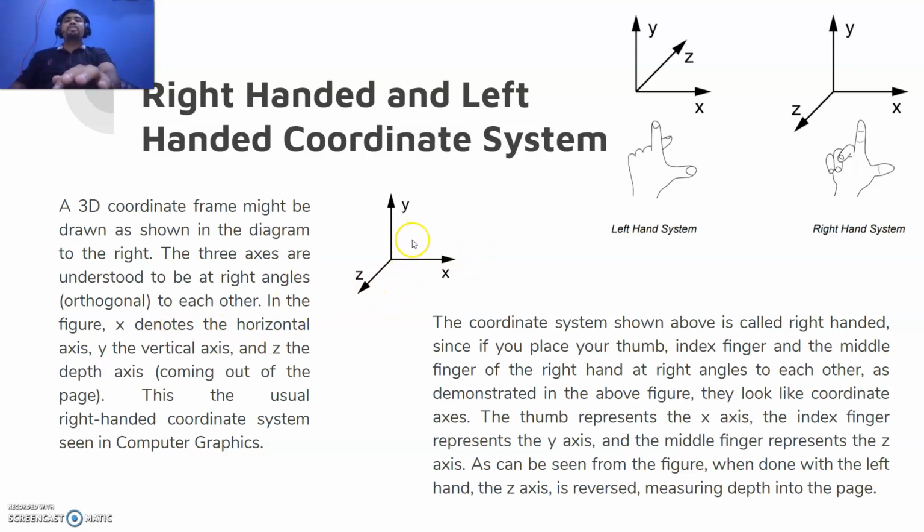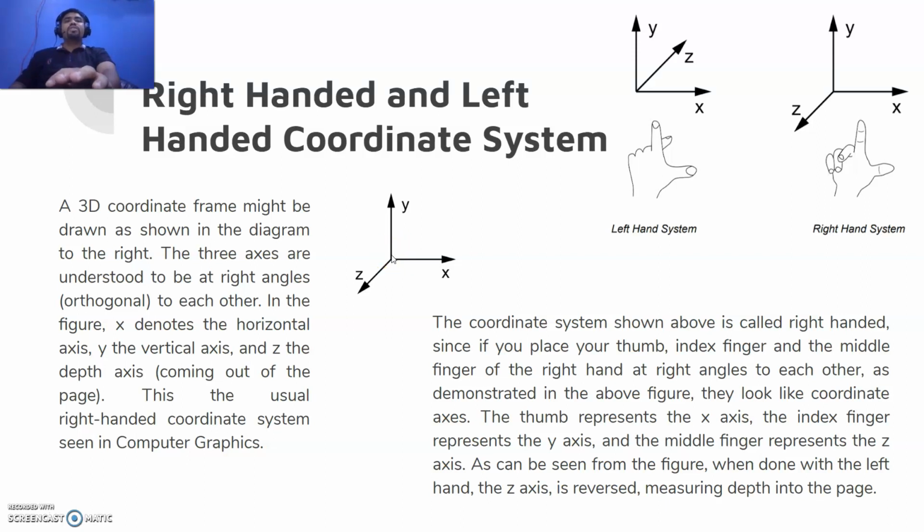Any particular thing in the room relates to that corner. We can have a reference distance from that particular corner point, and that corner point, like this one over here, can act as a reference origin. So this is how you can have it. We normally use the right-handed coordinate system in computer graphics.